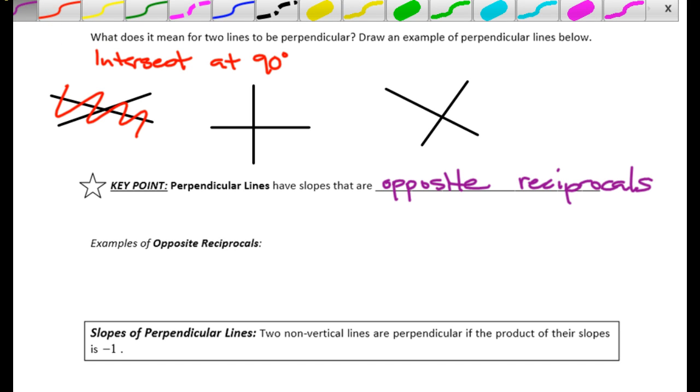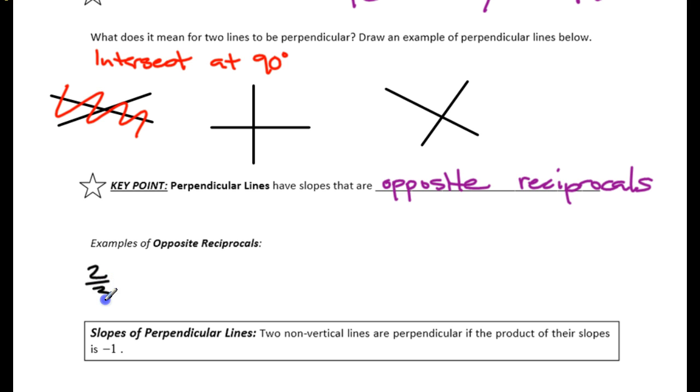Okay, we'll do a few examples. So let's say I have a slope of 2/3. Well, perpendicular, opposite would mean opposite sign. So this is positive, it would be negative. Reciprocal means flip it. So you have to do two changes: change the sign, flip the fraction. Alright, what about this? What if I did a slope of negative 4/5? What would be the perpendicular slope there? Well, we change from negative to positive, and then you're going to flip it over,